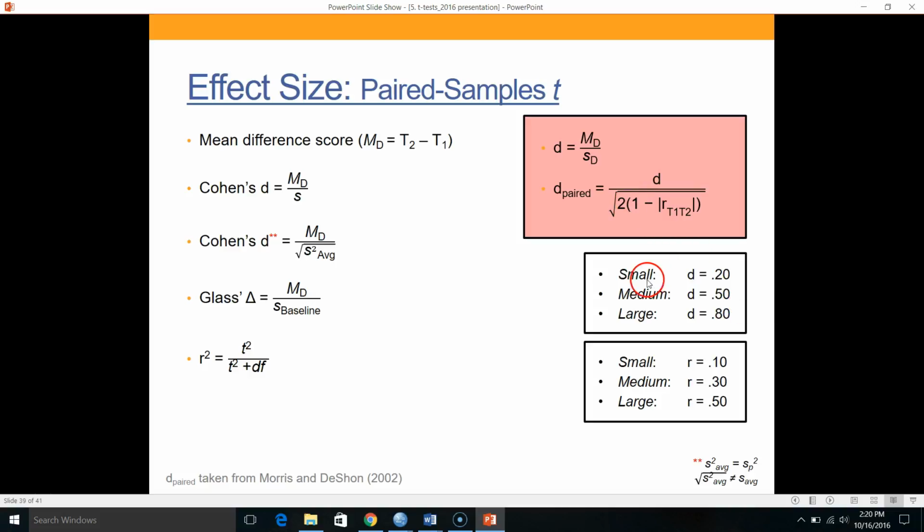Okay, so small, medium, and large standardized benchmarks for our effect sizes here, and then small, medium, and large effects for our correlations if we wanted to take a look. The one thing to keep in mind, and I mentioned this in lecture, so we've got some asterisks here. Remember that